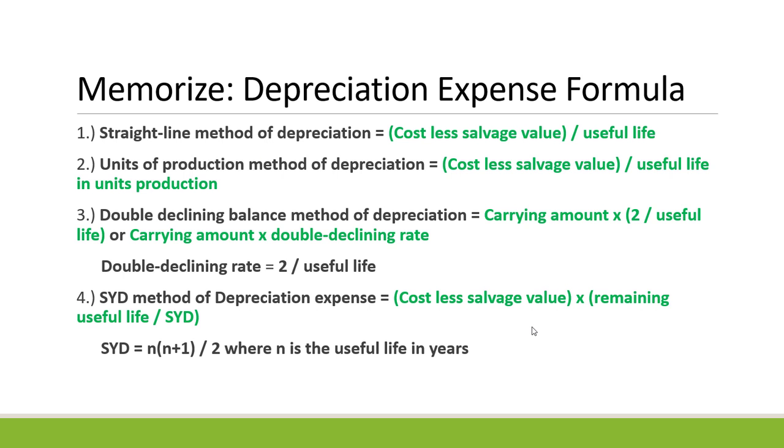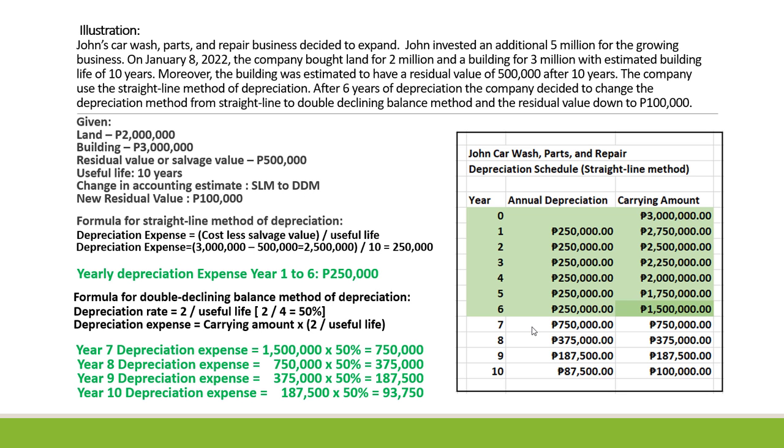Change in accounting estimates. Illustration. John's car wash parts and repair business decided to expand. John invested an additional $5 million for the growing business. On January 8, 2022, the company bought land for 2 million pesos and a building for 3 million pesos with